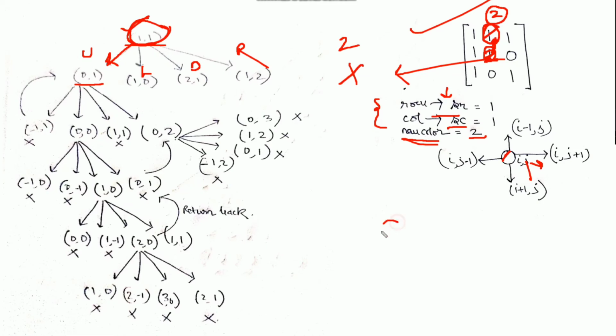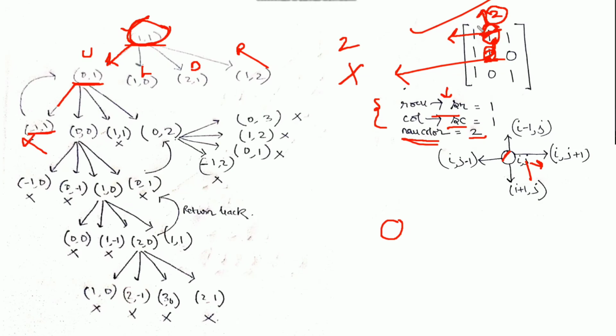In DFS we will start traversing from a location. The moment we find any unvisited location, we will leave the current location and start exploring that unvisited location. So from 0 comma 1, now we can move in 4 different directions. Again from this cell we can move up, down, left and right. So up means minus 1 comma 1. As we can't move in the upward direction because we are crossing the boundary of this matrix, this move is not valid. Next is 0 comma 0. 0 comma 0 means the left direction. So we need to check whether we can move in the left direction or not.